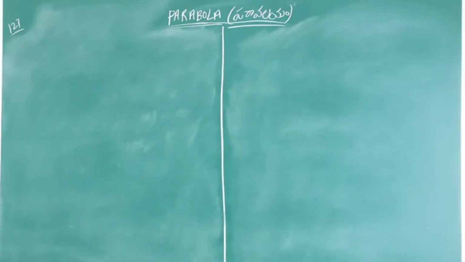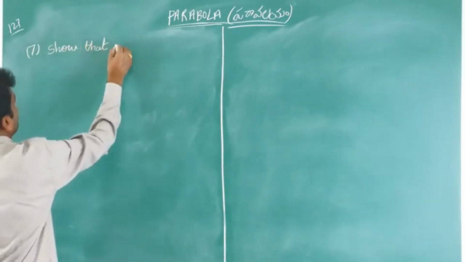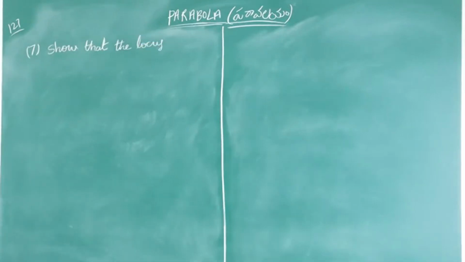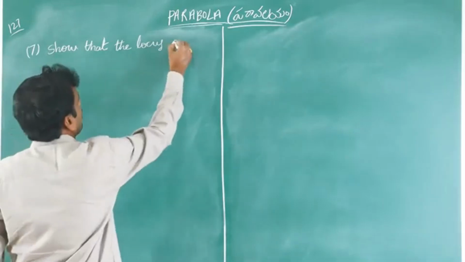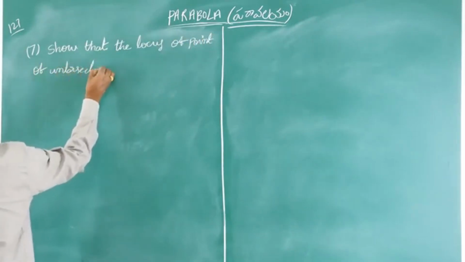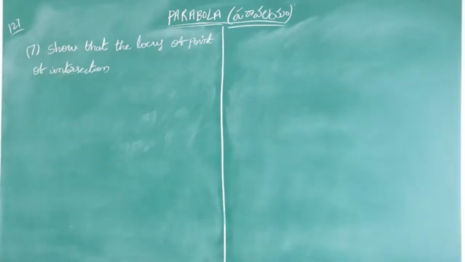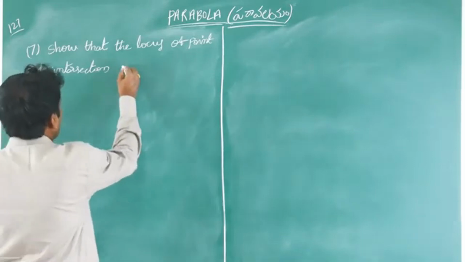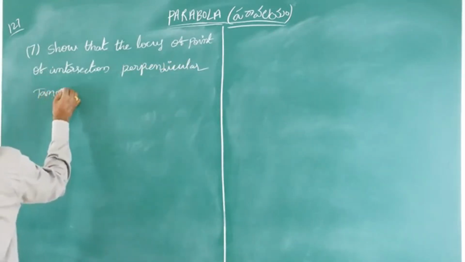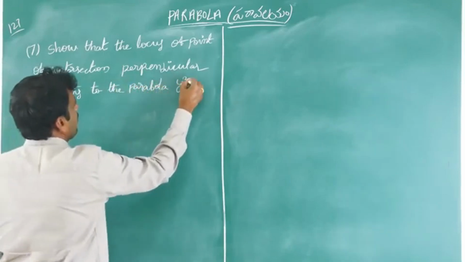7th one. Show that the locus of the point of intersection of perpendicular tangents to the parabola y² = 4ax is